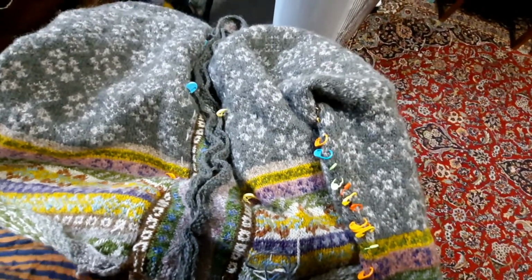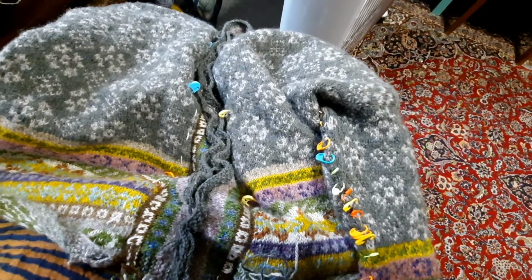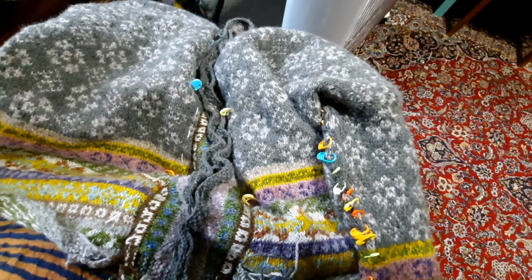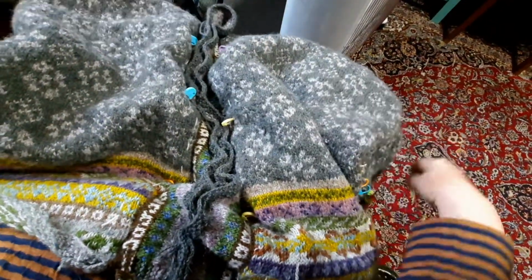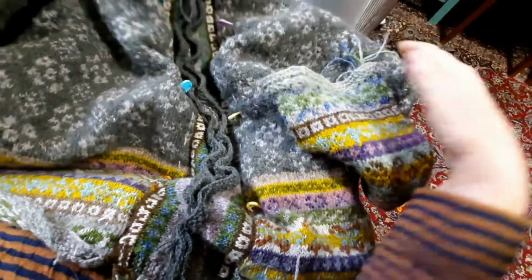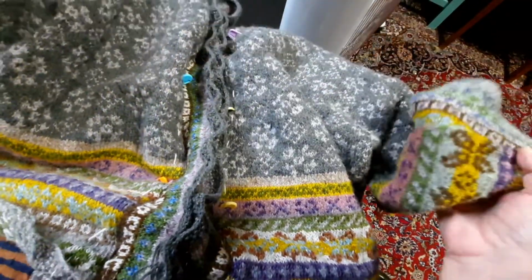This is my progress on my YELL cardigan, and I've had a few helpful hints from Nikki at the Cat Hair podcast, and also Maggie at the Sonda podcast, and I have been in a conundrum about my YELL cardigan. It is wavy. I've got a wavy button band, but that's not the only thing, and this is how far I'm nearly finished. The sleeves